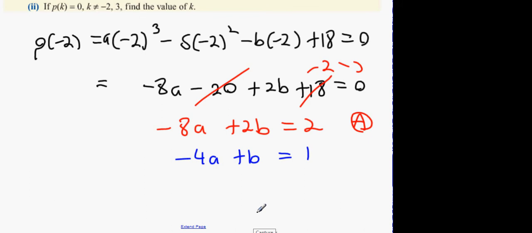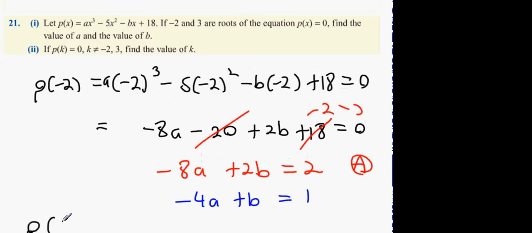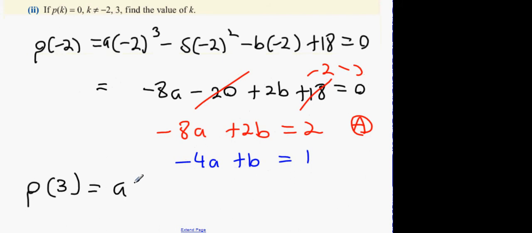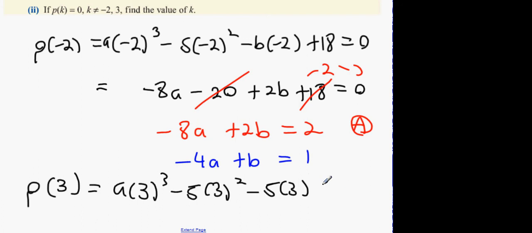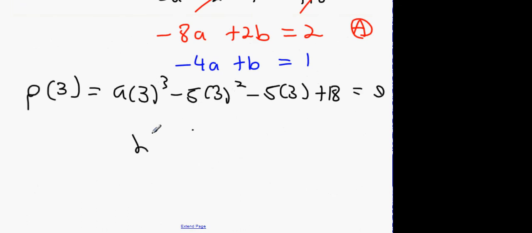Okay. Next part is you're going to get P of 3. P of 3 is a times 3 cubed minus 5 times 3 squared minus 5 times 3 plus 18 equals 0. Okay, and what we're going to get here is 27a